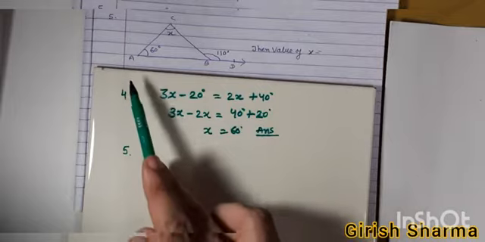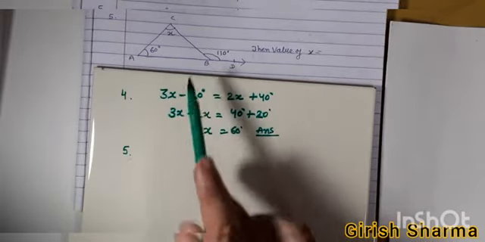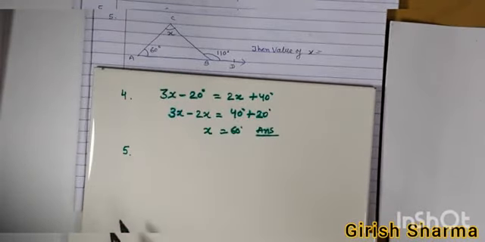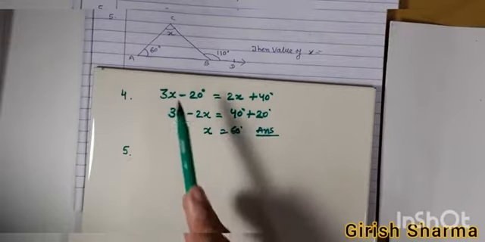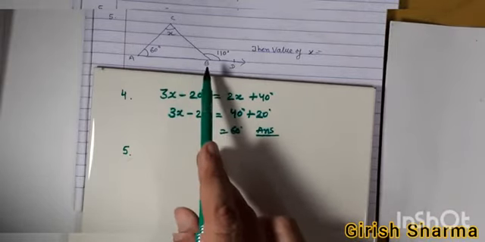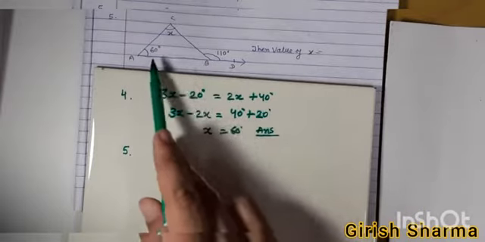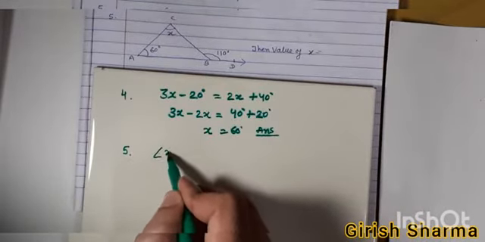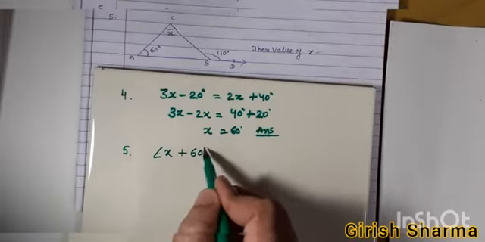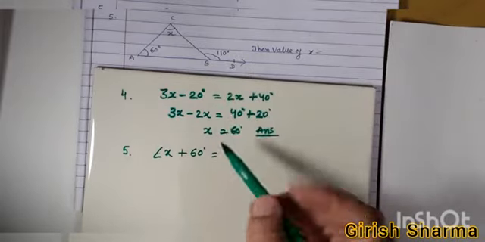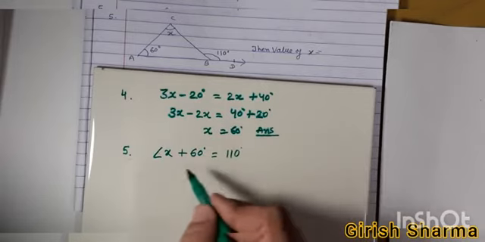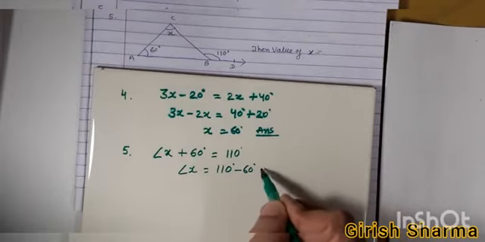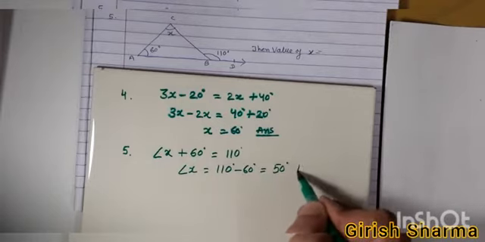Question number 5th. See, one triangle is A, B and C. This is one triangle and this is its exterior angle, and these two are interior opposite angles. Okay. So what we can say, and what we know by exterior angle property, exterior angle is equal to the sum of two interior opposite angles. It means we have to find the sum of this angle x plus 60 degree, which will be equal to its exterior angle. This is 110. So angle x will be what? 110 minus 60 degree. So this will be your 50 degree, and this is your answer.